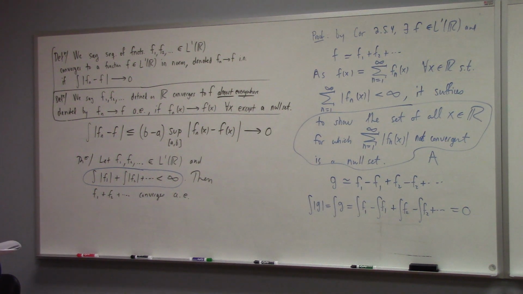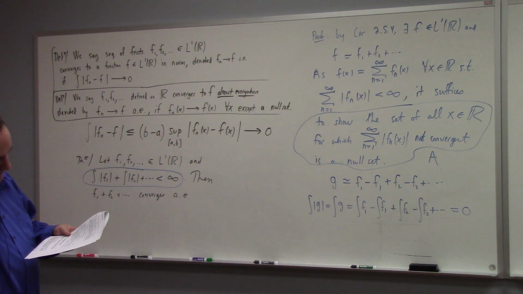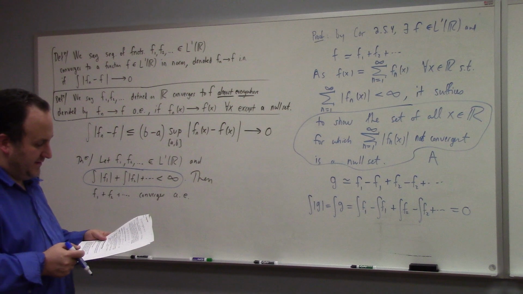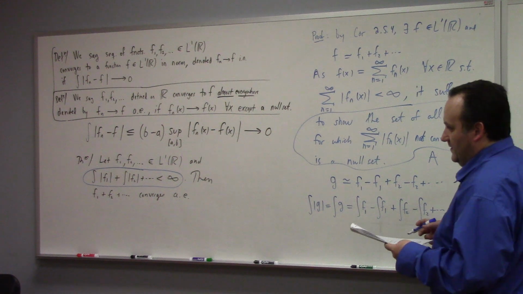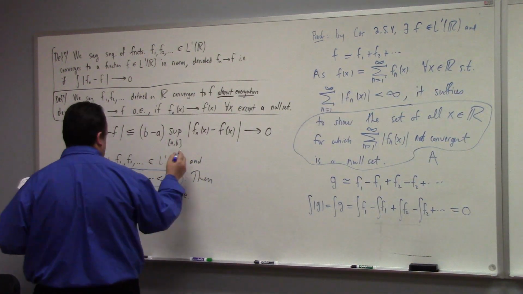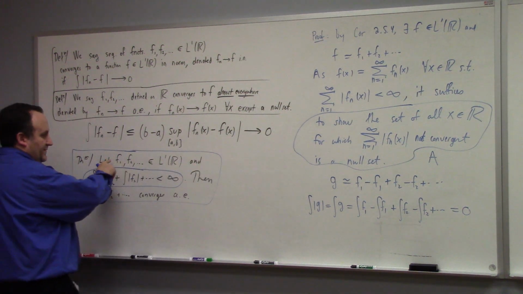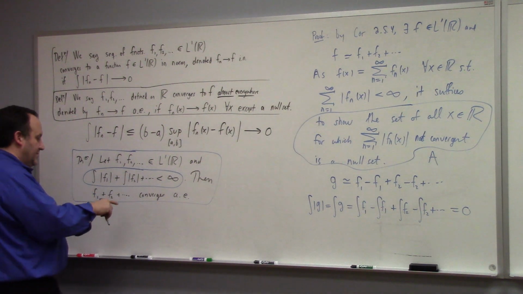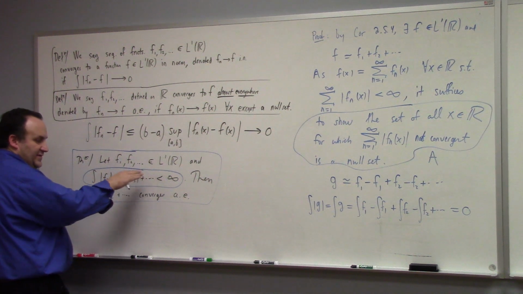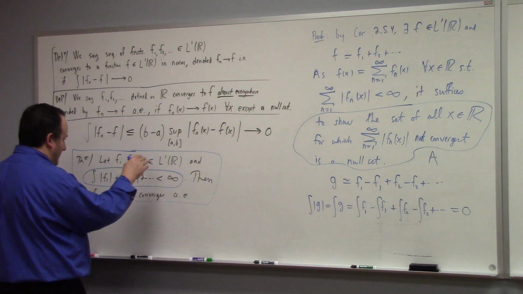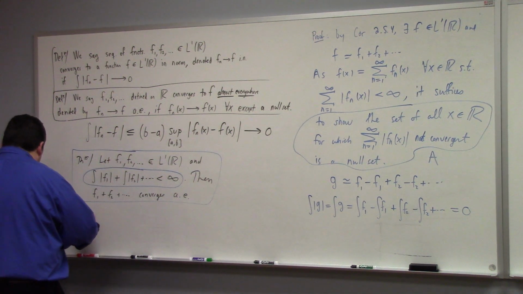So let's see here. The next corollary is that if you have f is represented by f1 plus f2 and so on, then f is equal to f1 plus f2 and so on almost everywhere. If you just look at the theorem, it's very nice, right? If you have f1, f2 and so on Lebesgue integrable, then you can add them, and the absolute values of the integrals sum to less than infinity. Then it follows that the series that you build with them converges almost everywhere, which is very nice. And the corollary to that is